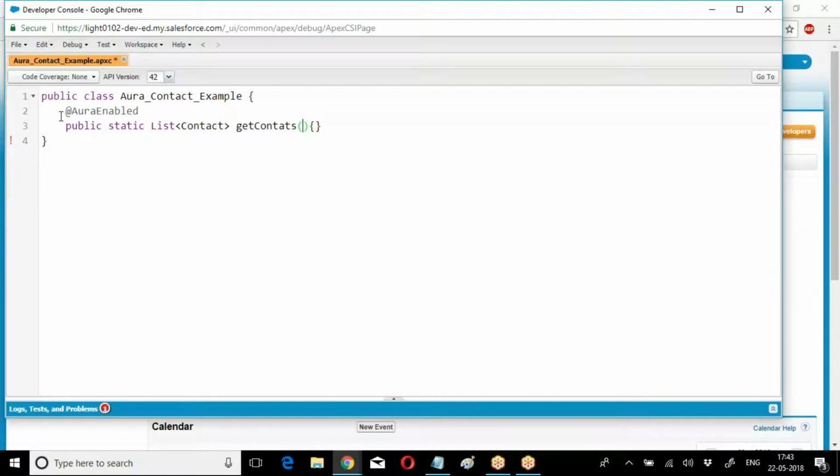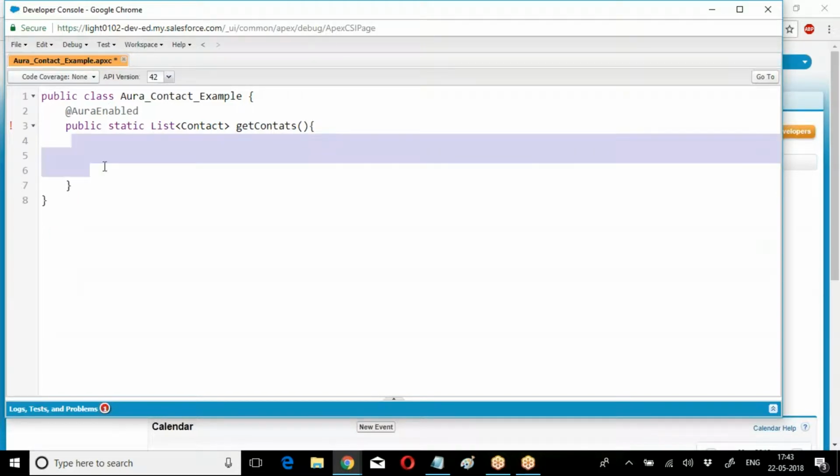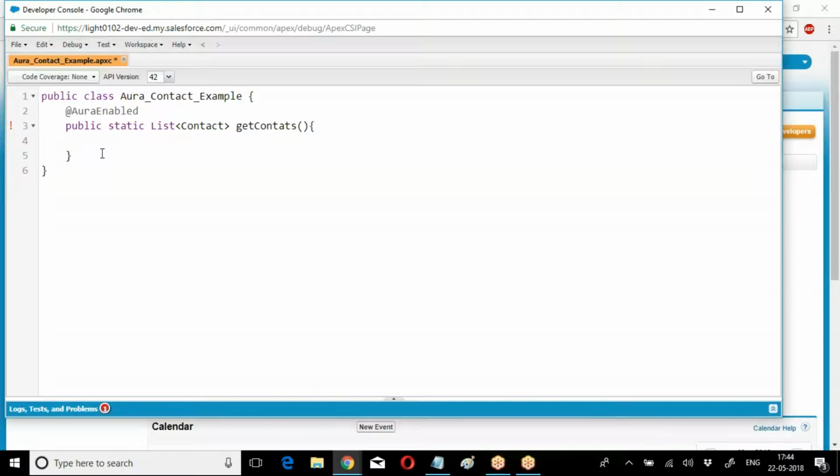So when you call this method, what is it supposed to do? It is supposed to write a query, get the list of contact records and give them back. So I am returning the data. List of contacts equal to select id comma